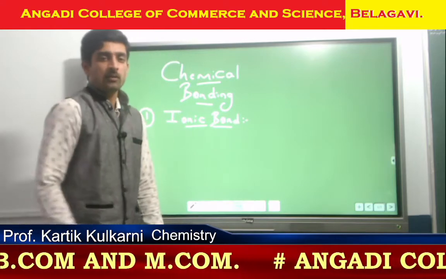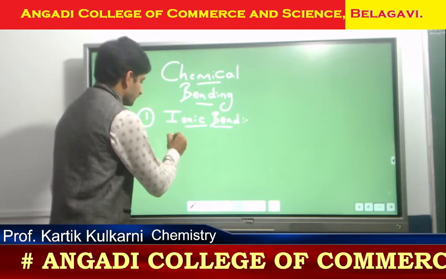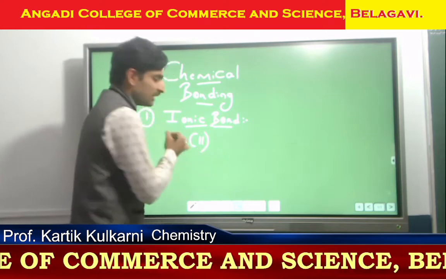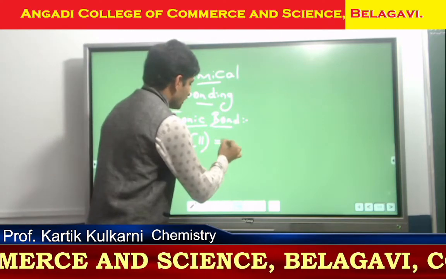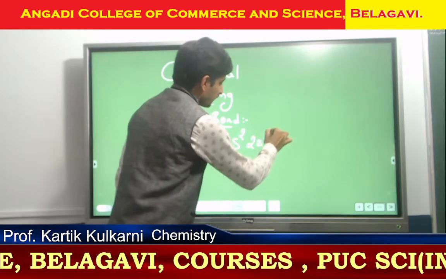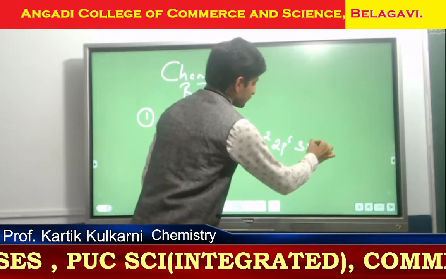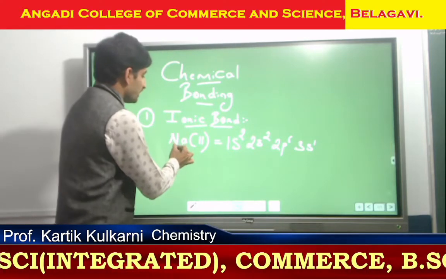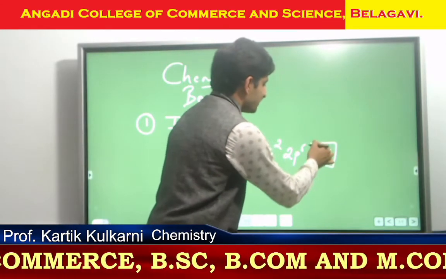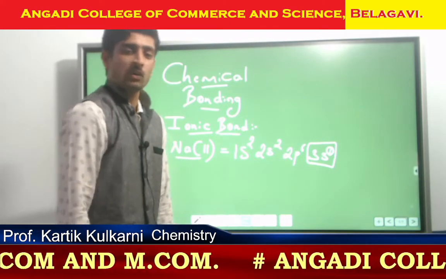Now we need to understand what we mean by an ionic bond. Let me consider one example, sodium. As you know, the atomic number of sodium is 11. Its electronic configuration is 1s2, 2s2, 2p6 and 3s1. As sodium belongs to the s block, 3s1 will be considered, that is only one electron is available in the 3s orbital, considered as the outermost orbital.